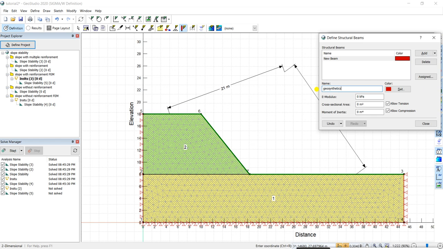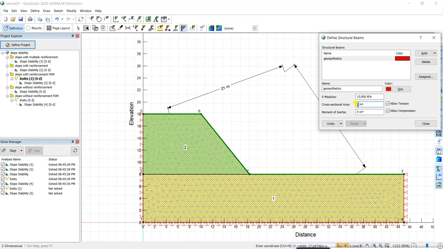geosynthetics, and then here the things will become different. You have to define the E modulus, cross section area, and moment of inertia for this geosynthetic. So E modulus, let's say we define an E modulus of 15,000. This is a random value, not referenced.